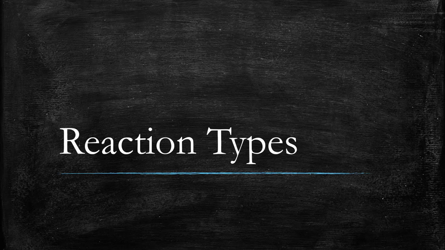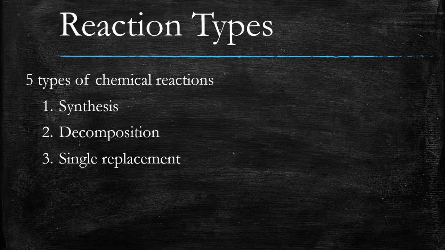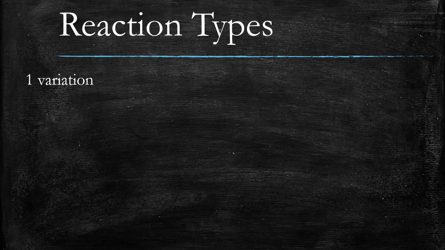This video is going to start our discussion on reaction types, and chemical reactions can be divided into 5 types. The first is synthesis, the second is decomposition, the third is single replacement, the fourth is double replacement, and the fifth is combustion. There is one variation, and that's called a thermochemical, and that applies to all 5 types, and